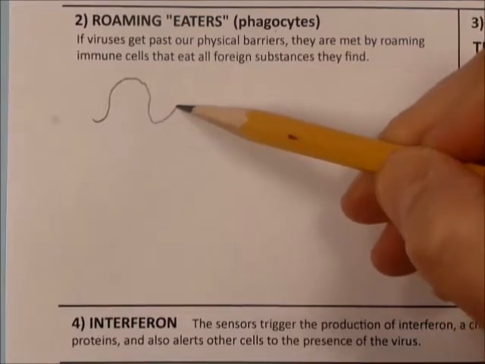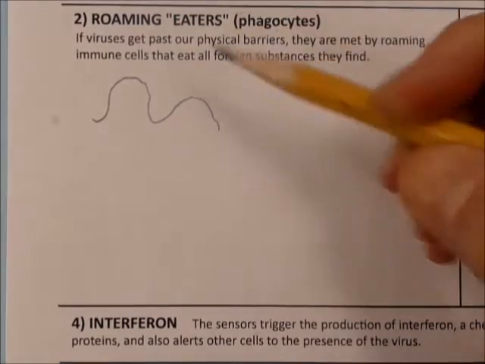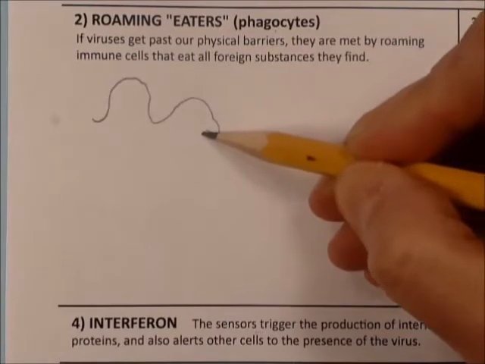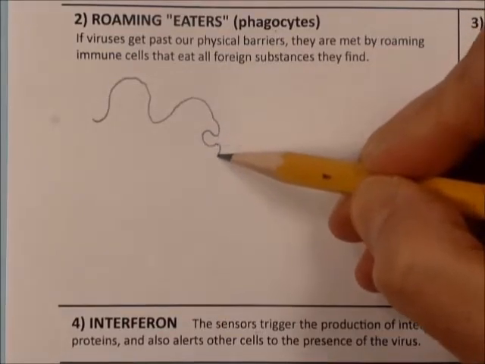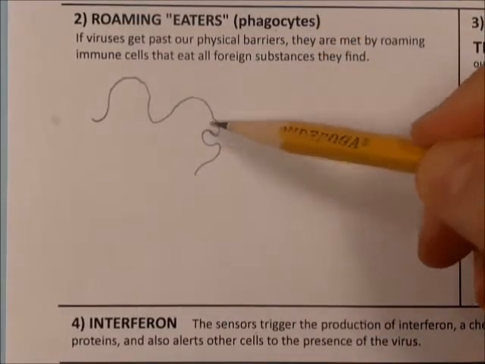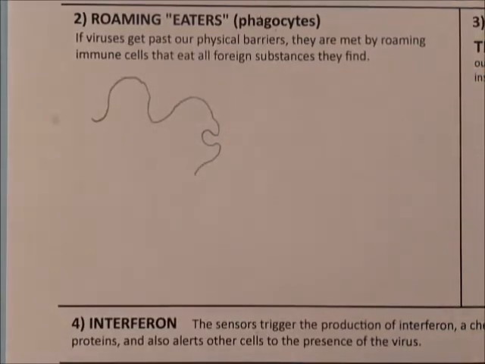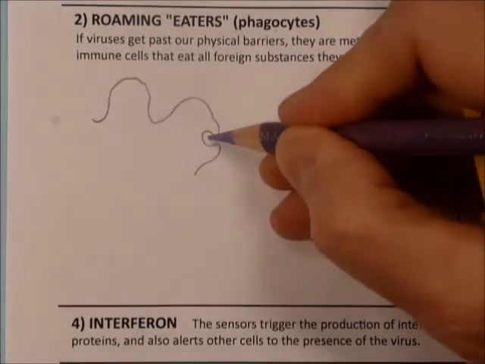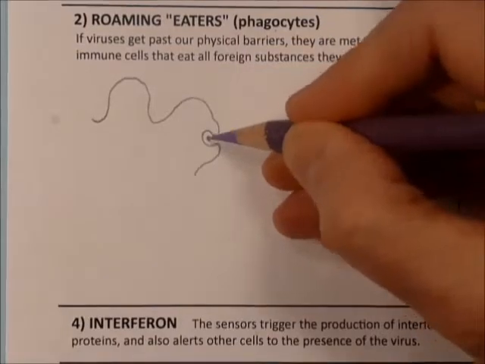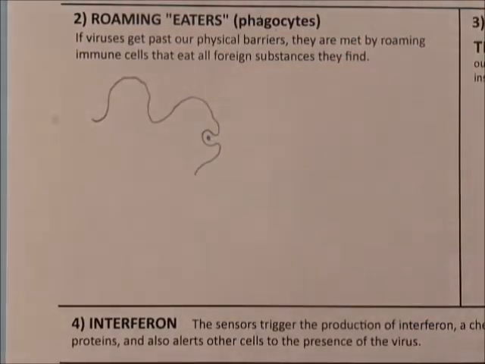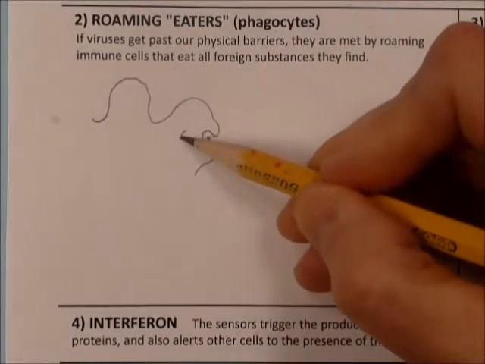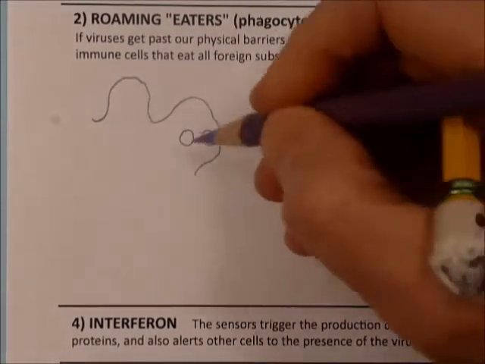an oozy shape. But as you go along, what I want you to do is make it go in a little bit. You see how I'm doing this here? I'm making it look like it's taking something in, swallowing it, and that's where I'm going to put my little dot. Could be a bacteria, could be a virus. In our case, we're talking about viruses. And it's going to ooze around that and swallow it. And then once it gets in, it's going to be inside an endosome. So there it is,